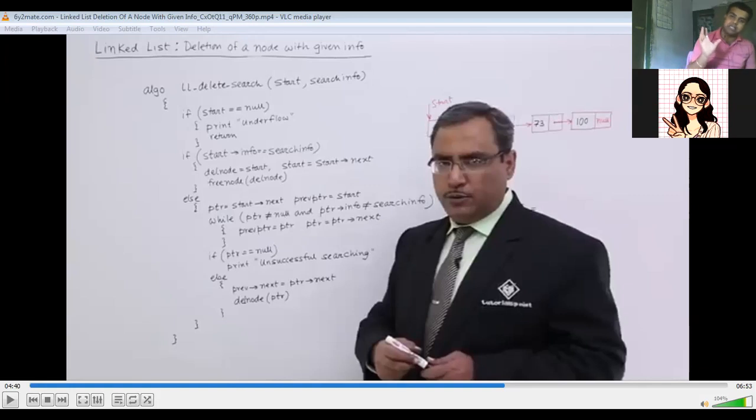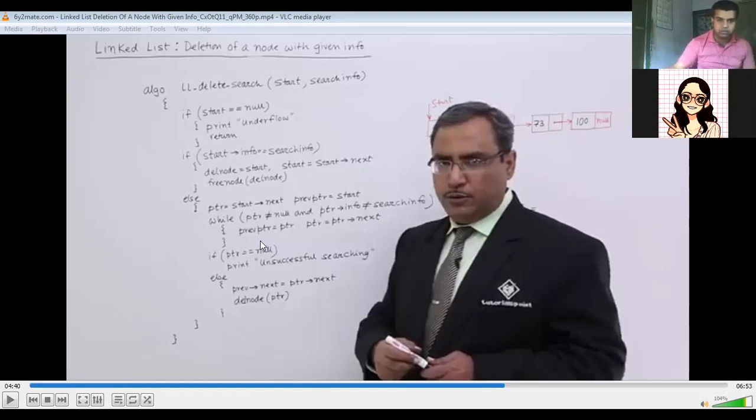Now, right now I have a linked list. Okay, the second situation says that I have a linked list, but what is the situation? The situation says that what if in the entire linked list, my very first element is the element which I want to delete from the linked list. Okay, as you can see from the diagram in the back, and if you have copied the diagram of the previous tutorial, the first element was a 10. Now if I have to remove 10 from the linked list, the 10 was existing on the very first node of the entire singly linked list.